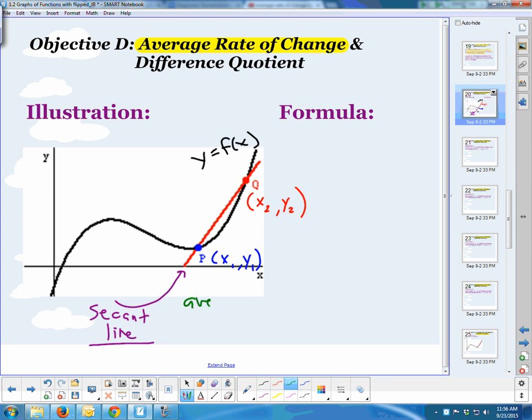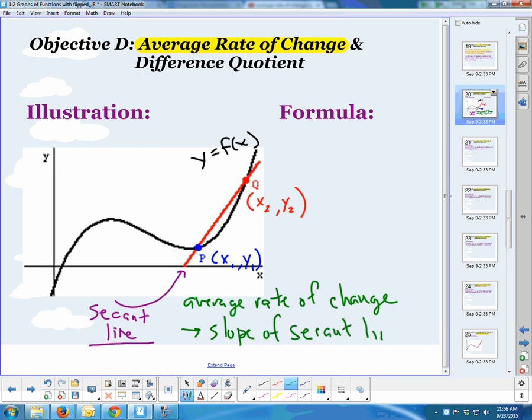So that's something we write down here. Average rate of change really means that we're finding the slope of the secant line. So how do we go ahead finding the slope of this secant line? Well, we can go back and use some of our very old Algebra 1 type formulas. And I could say that's going to be y sub 2 minus y sub 1 over x sub 2 minus